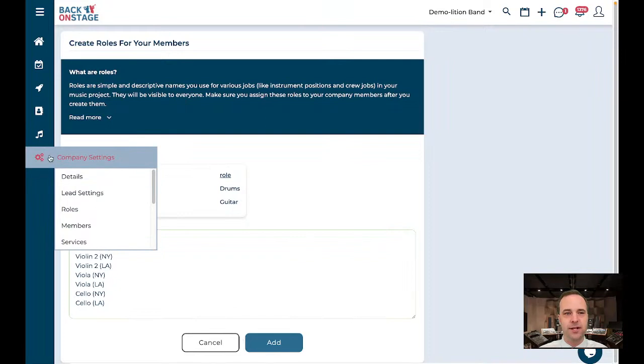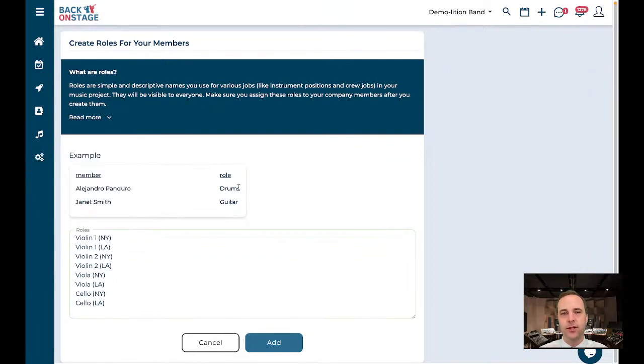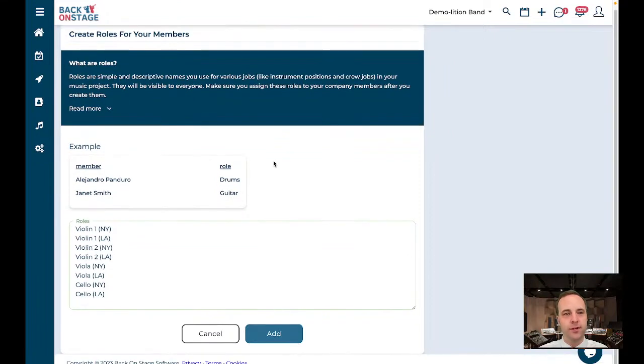If you come into company settings, click on roles, and then click on add new, you're going to come right into here. What you can see I've done here is I've added all my roles. In today's example, I'm using a string quartet, but obviously if you're a larger band or whatever, you can apply this to any situation. So I've added the role name here, in this case violin 1, and then in brackets I've put NY, and that'll be how I delineate New York. And then we've got violin 1 LA for Los Angeles, violin 2 New York, violin 2 LA,